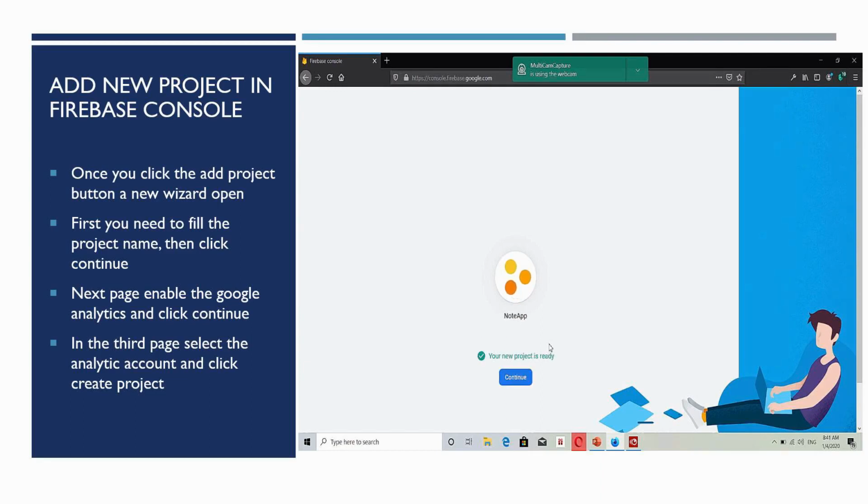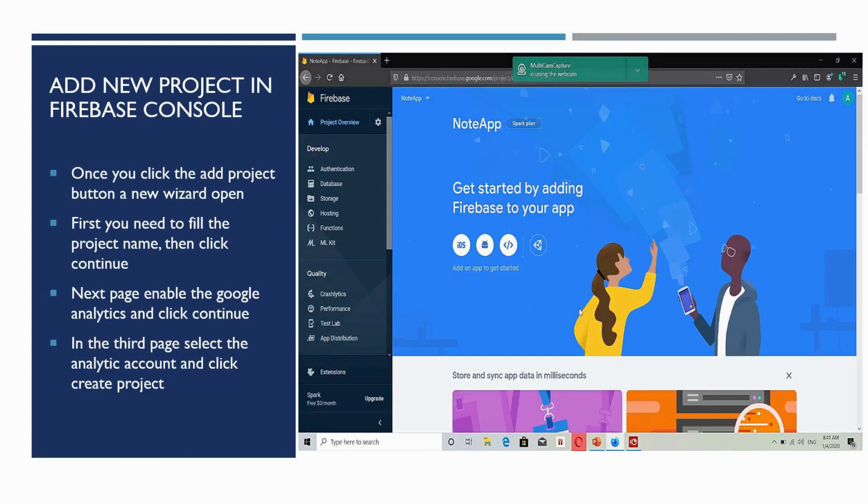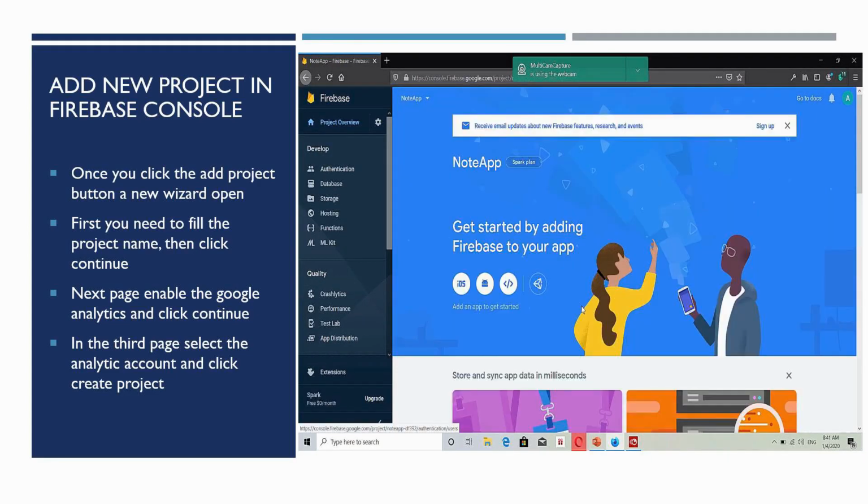Yes, click the continue button. Now we are going to the project dashboard page. Finally we reached that page. These are the steps to create a new application in your Firebase console. Please follow these steps at your end. Just create a new app in Firebase.